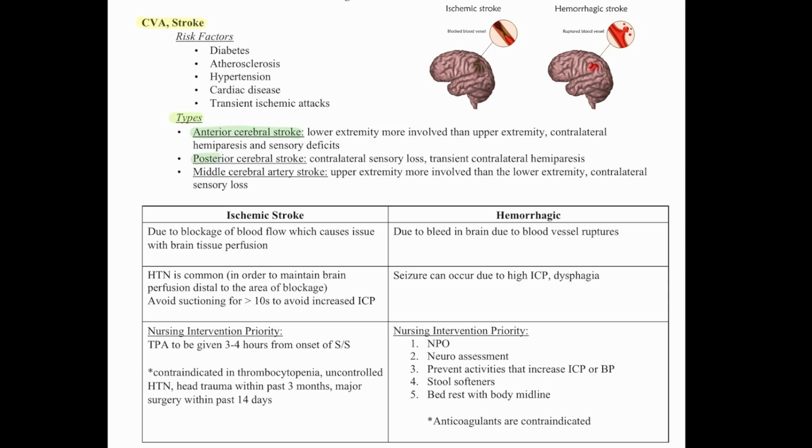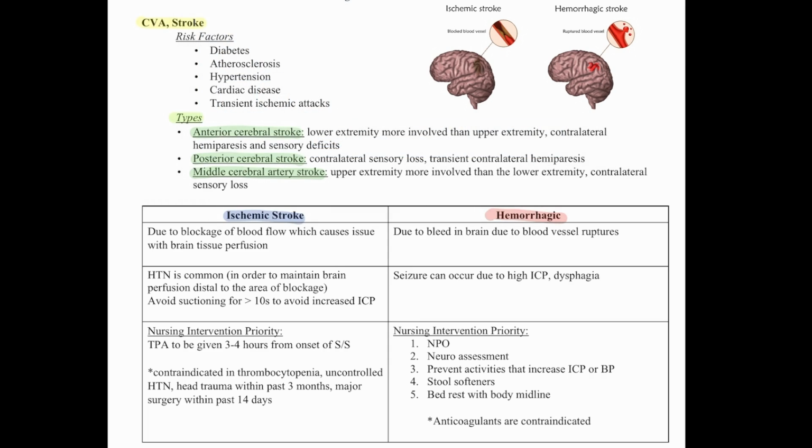Then we have a posterior cerebral stroke. So contralateral sensory loss, transient contralateral hemiparesis. And then we have a middle cerebral artery stroke. Upper extremity is more involved than the lower extremity in contralateral sensory loss. You probably will not have to remember all 3 of these and how they present. However, 2 things that you should remember are the 2 types of stroke when it comes to hemorrhagic stroke versus